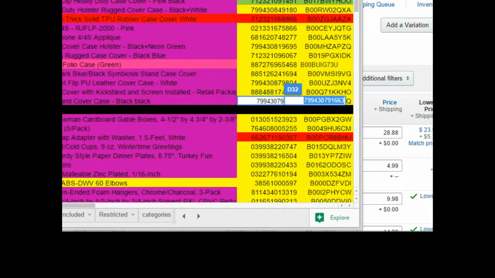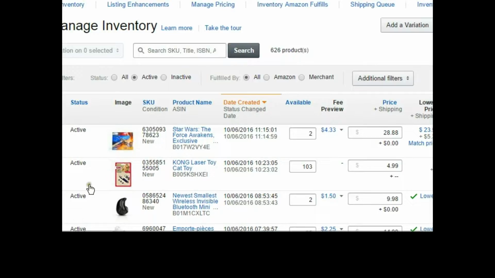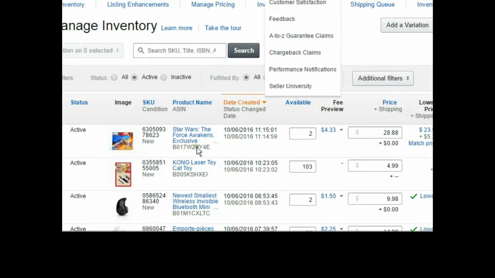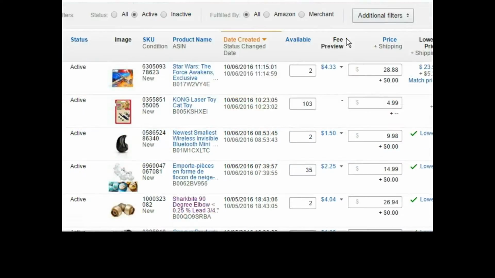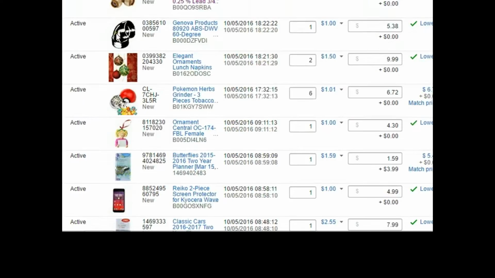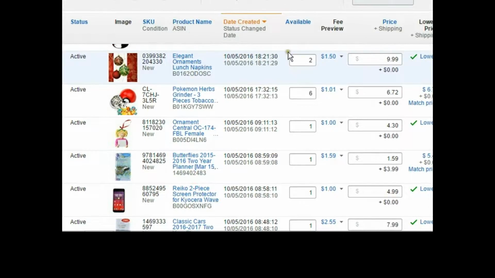It's pretty straightforward. All the Amazon items have a photo that's next to them, but we've got to make sure that 1, we've got the correct ASIN in there, 2, we've got the correct SKU, and then we're going to want to make sure that our pricing is correct. So let's just scroll down here. So we've got this item right here. It's the Genova Products item,